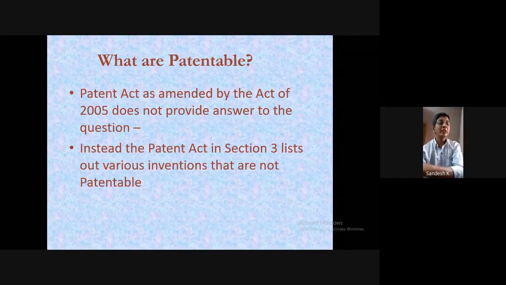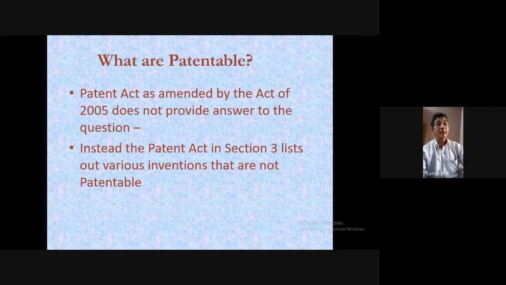Discovery of any living thing may not be specific to here, but maybe in life science we come across it, we develop certain plant breeds, and plant breeding will come. But some microorganism, bacteria and all, it is a discovery. Even then it is not patentable. This is a very short list and it's not a complete list. Next.